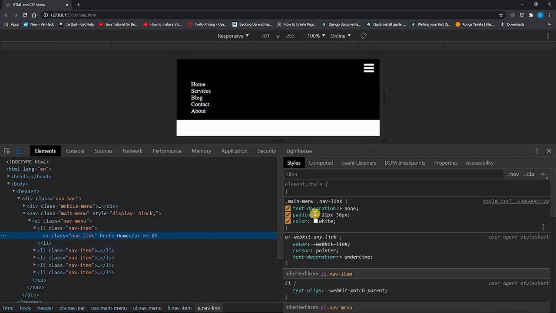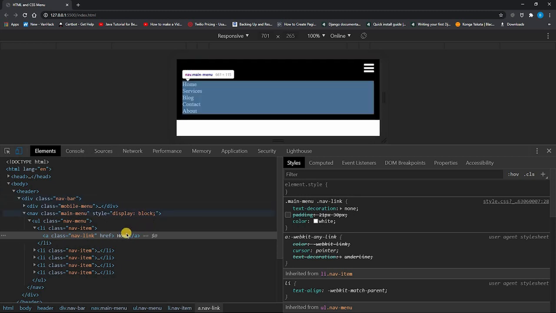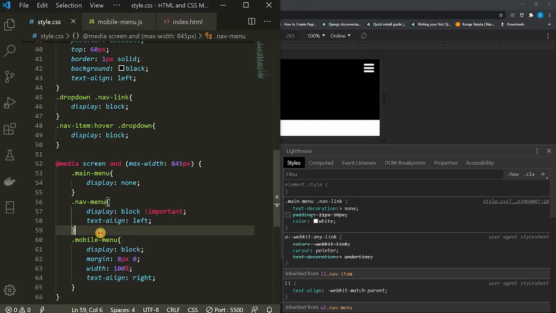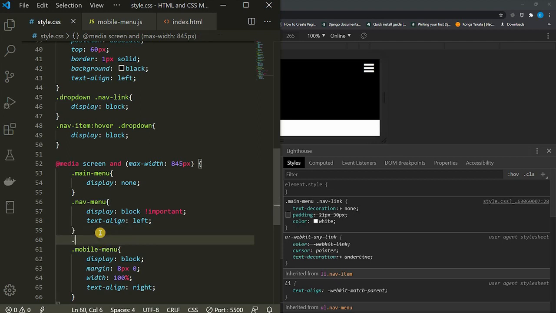So you can see our menu links here. We have a lot of these, and I don't want all of the spaces we have here. So I'm going to select the menu link and then remove all of the spaces we are having there. So let's come down here to the screen, and then when we do .nav